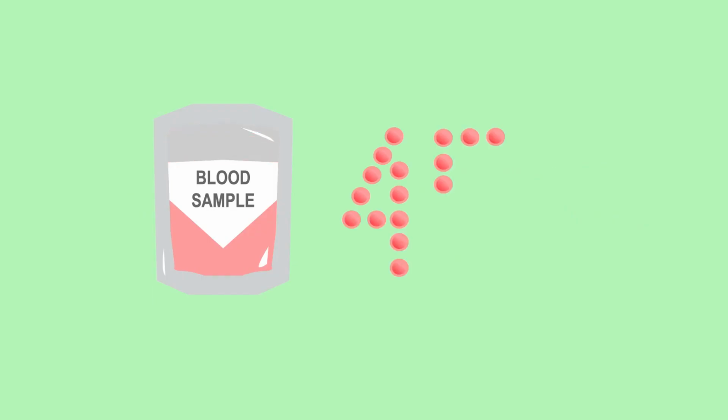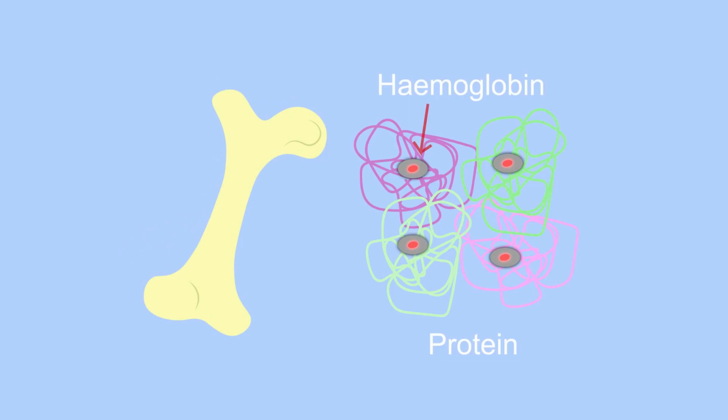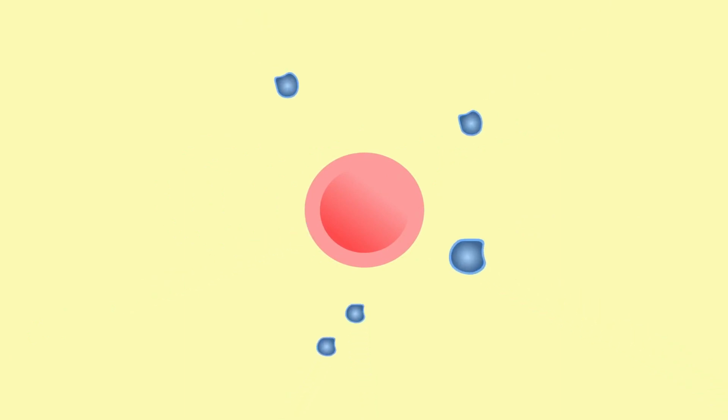About 45% of our blood is made up of red blood cells. Red blood cells are tiny biconcave disc-shaped cells known as erythrocytes. They are made in the bone marrow and contain a special iron-containing protein called hemoglobin. Hemoglobin is what enables our red blood cells to carry oxygen around the body, and it is hemoglobin that makes